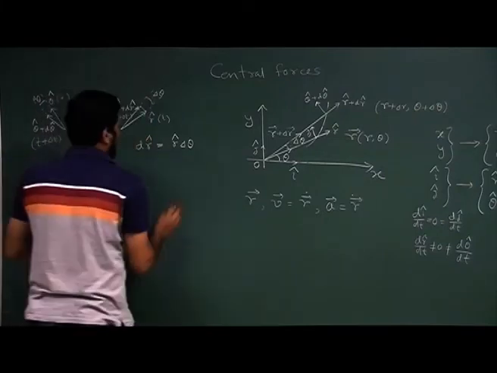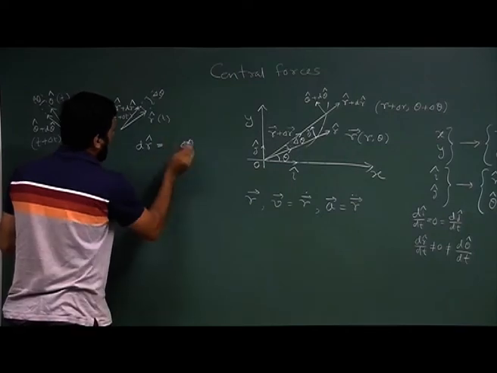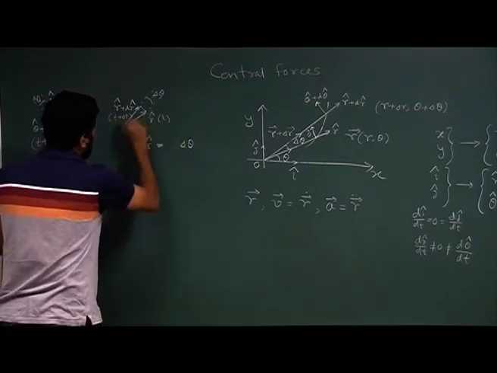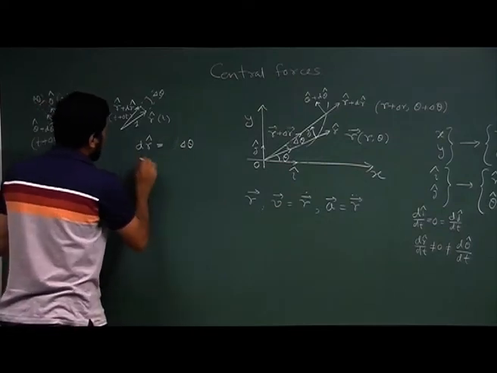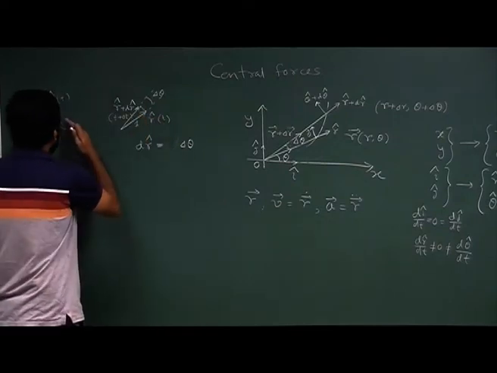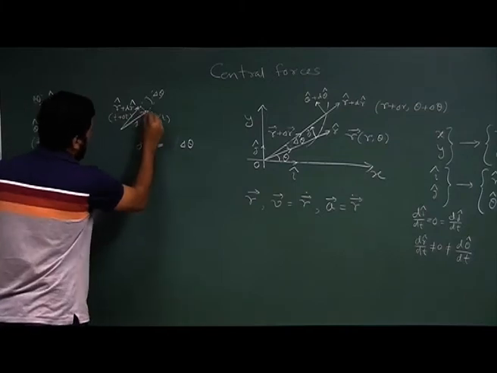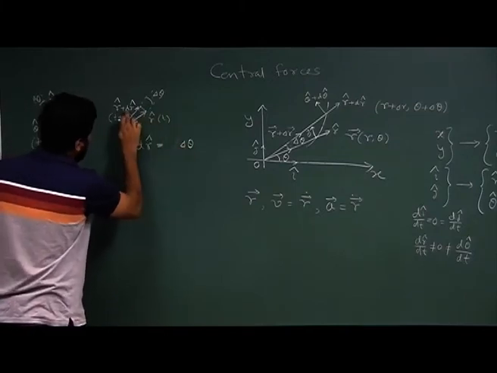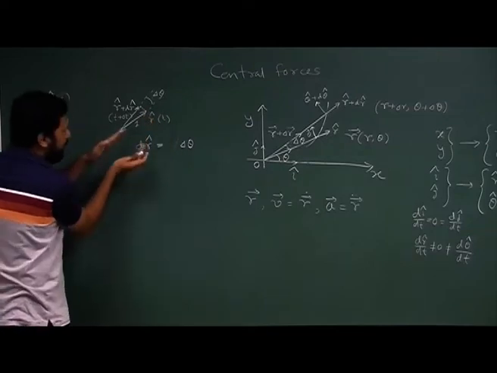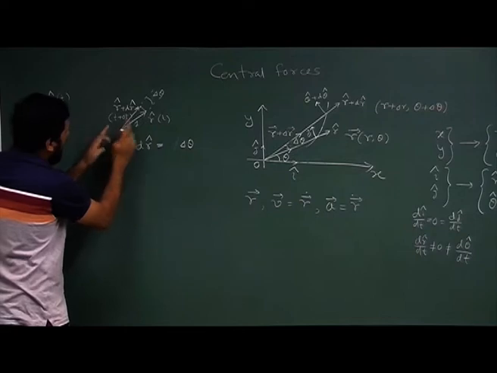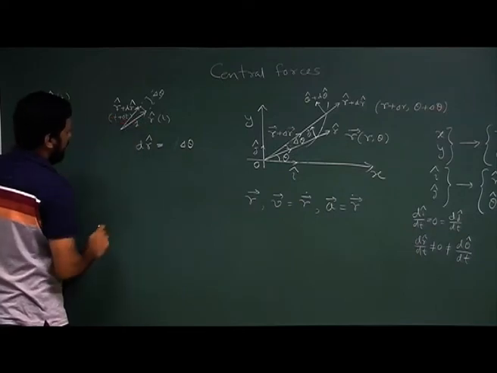So, this is 1 because the length of the unit vector is always 1. So, this is d theta, but there is a vector direction, so this change dr is in a direction which is perpendicular to r